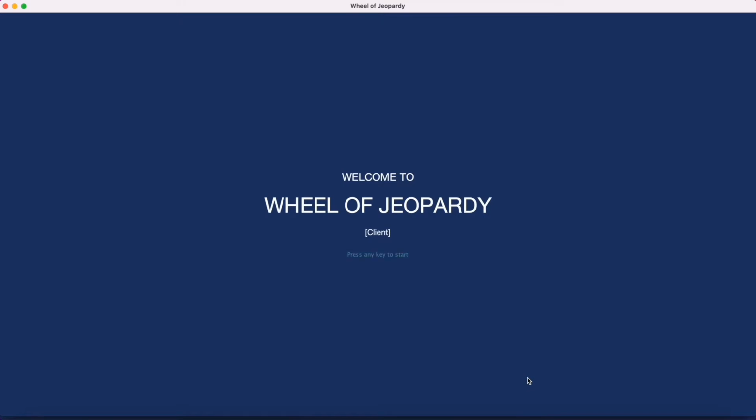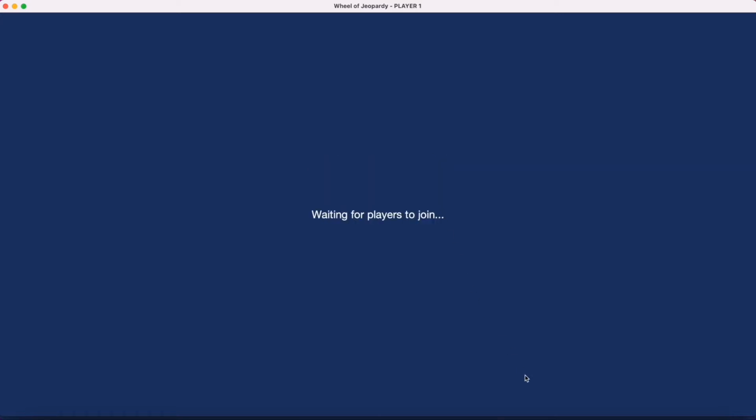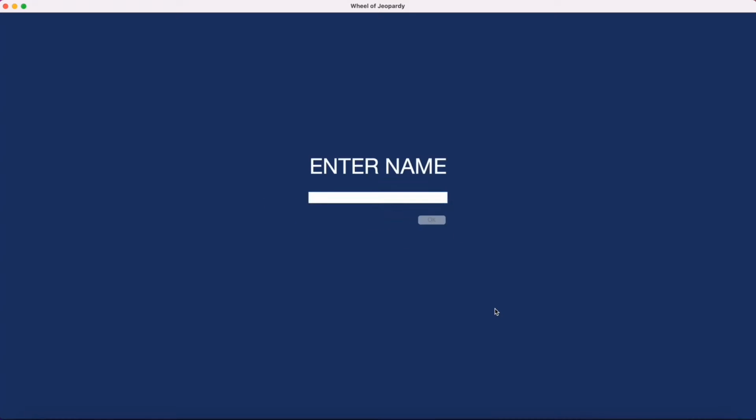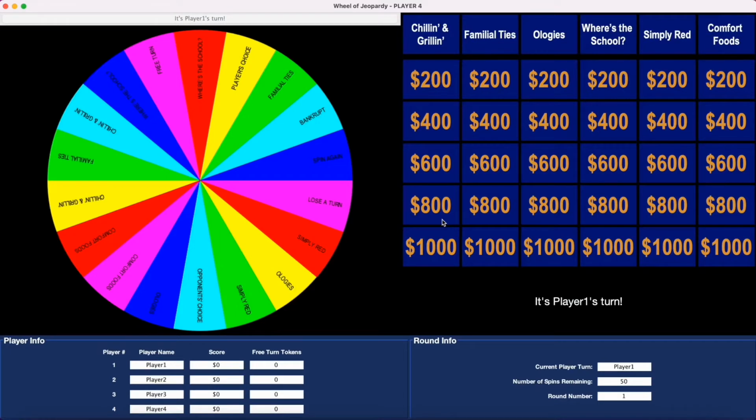Here is the client application. The player is prompted to enter their name. A wait screen is displayed until all other players have connected. Once all players have connected, the server starts the game by broadcasting the game data to each connected client. For the target increment, we have implemented a graphical user interface. In the top left, we have an animated